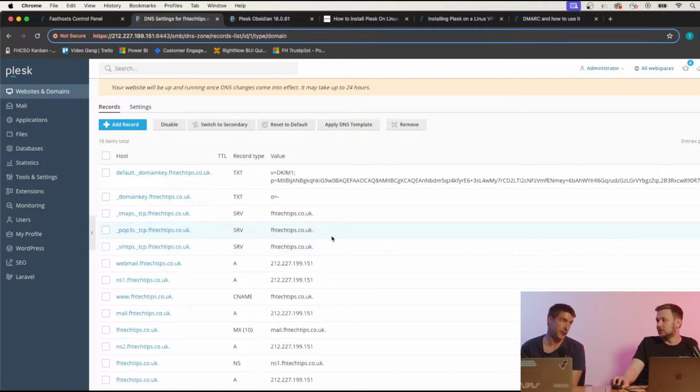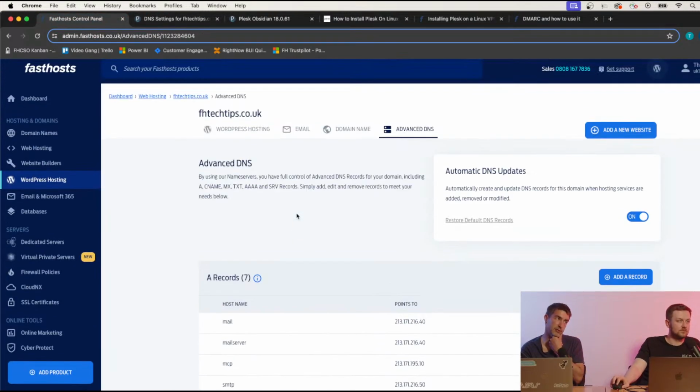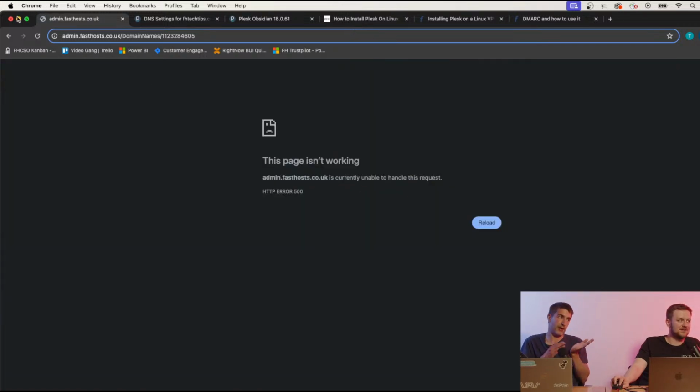But option 2 is to change your name server over to Plesk. You need to glue the records, but it's again really easy. If you want to change the domain's name servers over to Plesk, obviously this is going to be different for